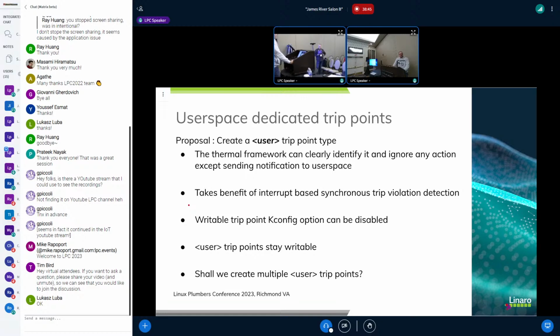So you cannot create that for any type of sensor, for example, which is not programmable. Yeah, it will be monitoring. Yep. So you need to use polling then, right? Yes. Okay. So it's basically you keep the existing mechanism. It's just you create this new trip point and do nothing except send a notification and rely on all the mechanism of programming the next trip point, the previous trip point.